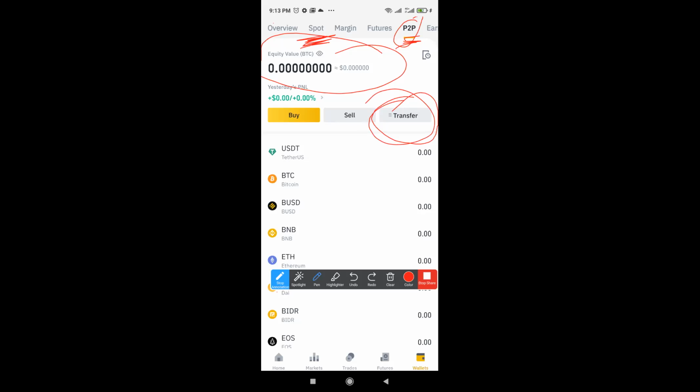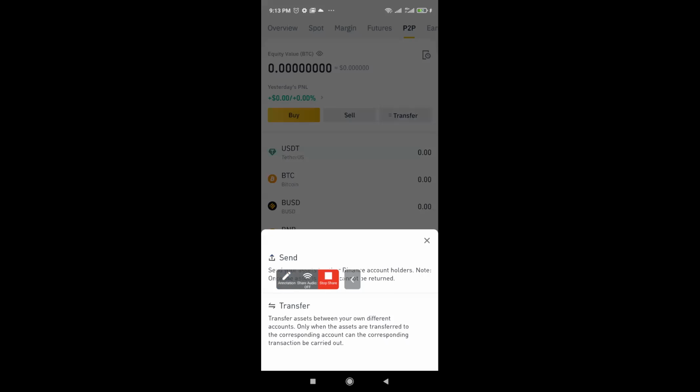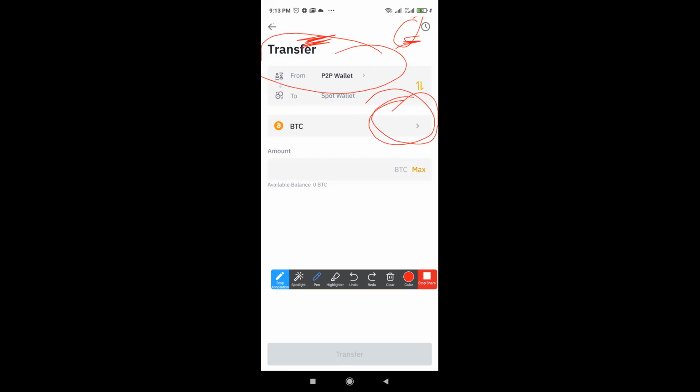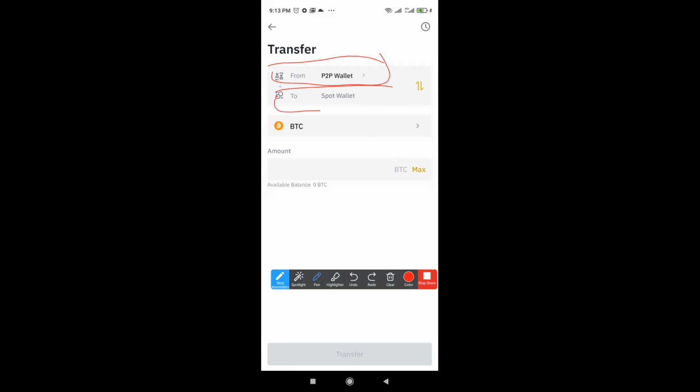So you need to click on transfer and send the money from P2P to spot. Let me show us how to do that. If I click on transfer now, I hit transfer again. You see it here, transfer. So this is where you send money from your P2P wallet to spot wallet. And then what you want to send is US dollar.